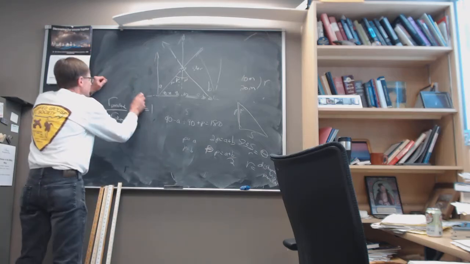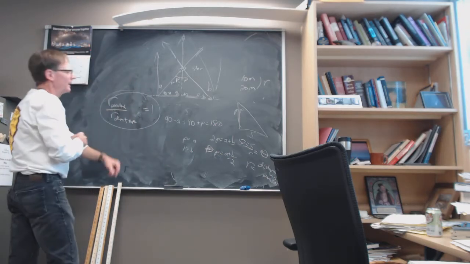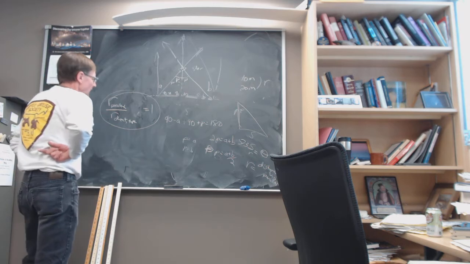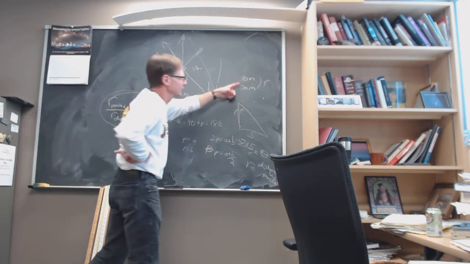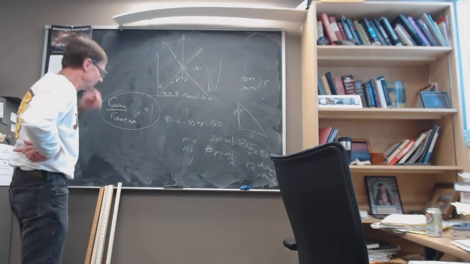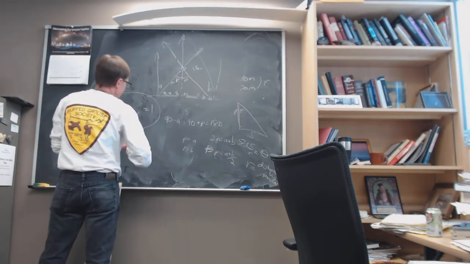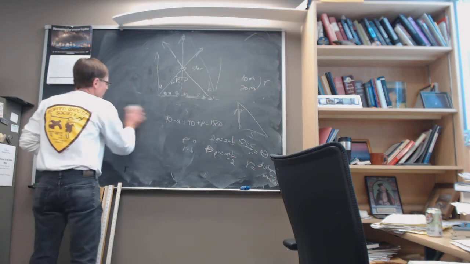I'd like to know what this ratio is on the board. You don't even have to do that ratio if you don't want to do that ratio, because we know it's 10 meters and 20 meters. Okay? And so I think it's fine for you to come in and write on the board